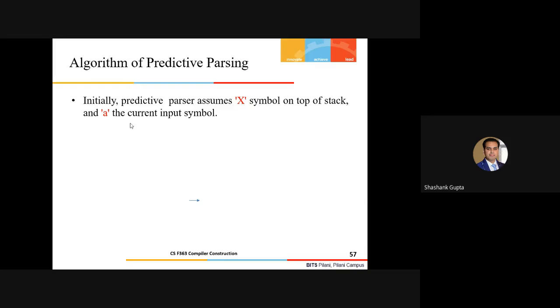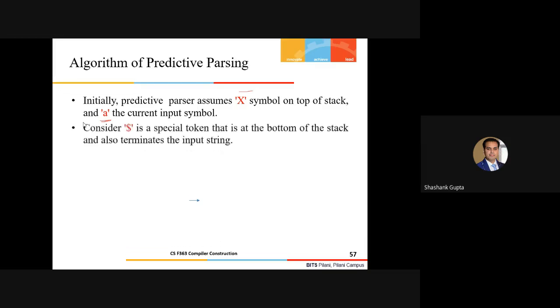This is the initial configuration, the top of the stack and the current lookahead symbol, that is A here. So the parser says that I have to look at both these guys and then I'll take the action. LL1 parsing works like this.